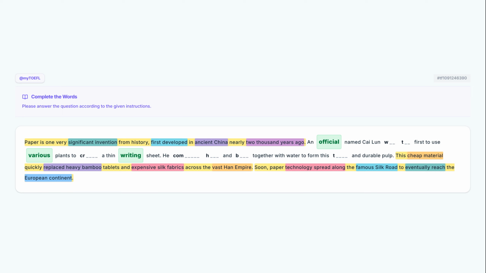Here, we are listing the specific ingredients that were combined. One common plant fiber used in early papermaking, often paired with bark, is hemp. He combined hemp and